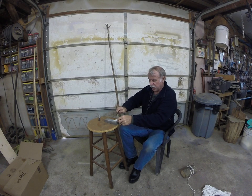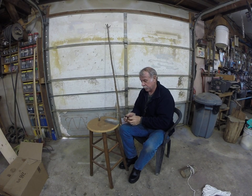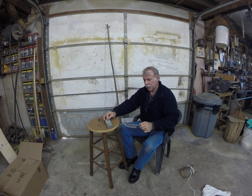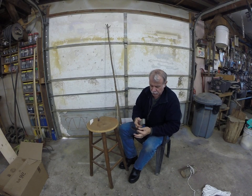You practice like you're whittling off of that sharpening stone at a 22.5 degree angle. Maintain that angle the whole time. Alright. Now once you've got the edge back on your knife,